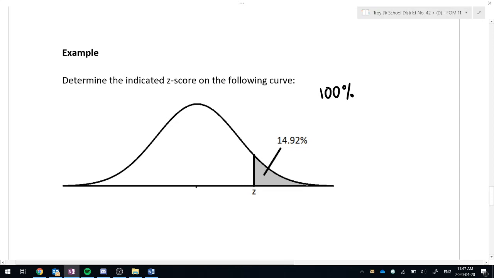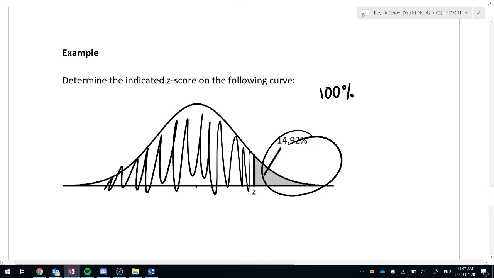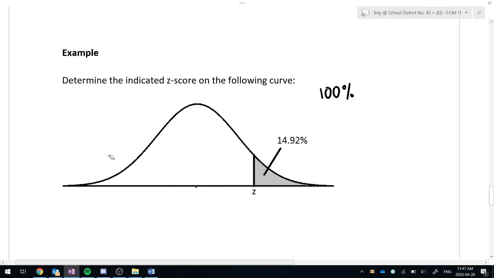If we take 100%, subtract from it this, all we're going to be left with is this, right? So what's that going to be? 85.08%, I think. Just double check that